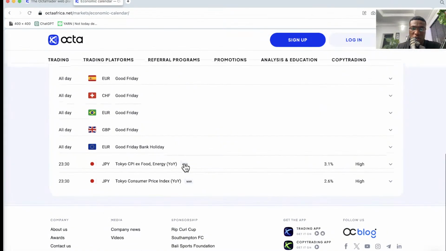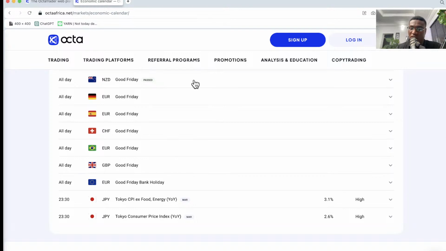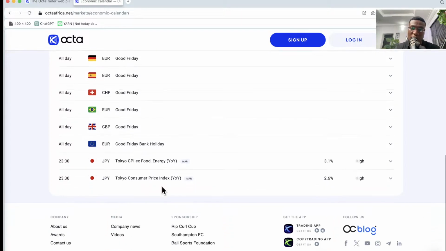CPI. So to summarize the GDP, it's a key, important economic indicator that provides traders with valuable insights into the overall health, growth prospects, and the potential risk of an economy. Now, if you monitor the GDP data and the components of the GDP reports, you can make more informed decisions regarding investments and risk management strategies as well. Finally, we have CPI